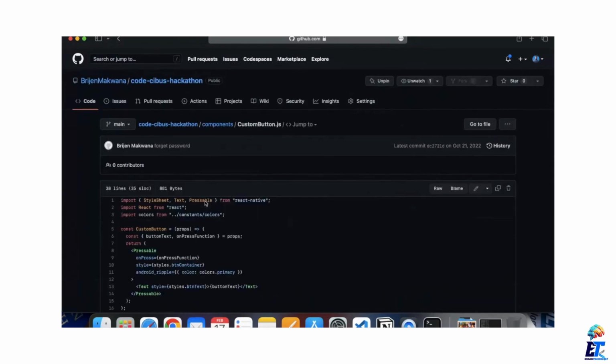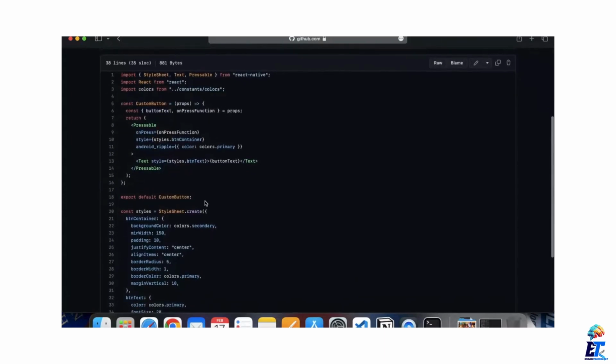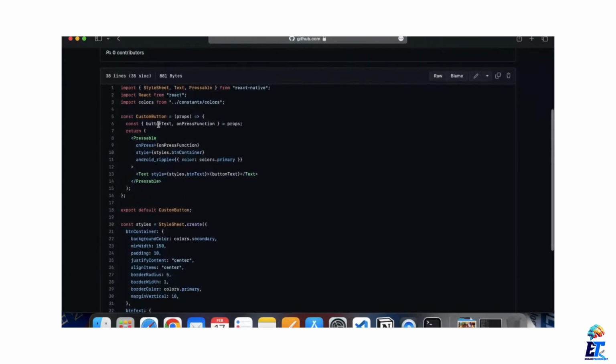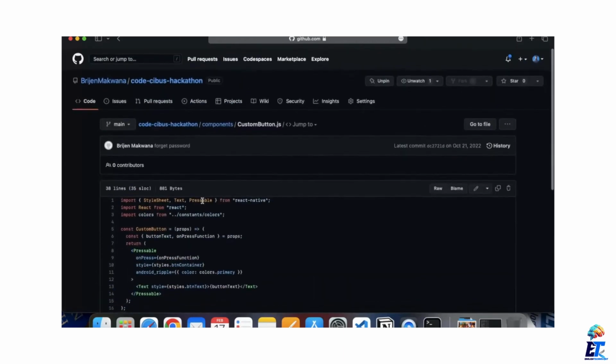Okay, so here is a custom button that I've created with React. It takes props button text and function, and according to the text it will render the button, and whenever we click on the button it will fire the onPress function that we pass as a prop from the parent component. So let me copy this code,